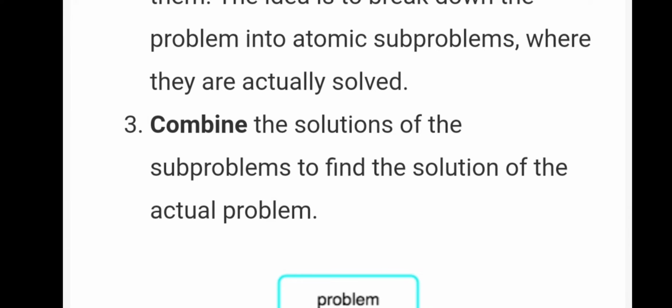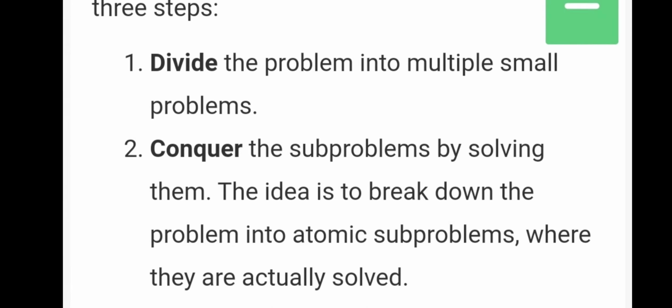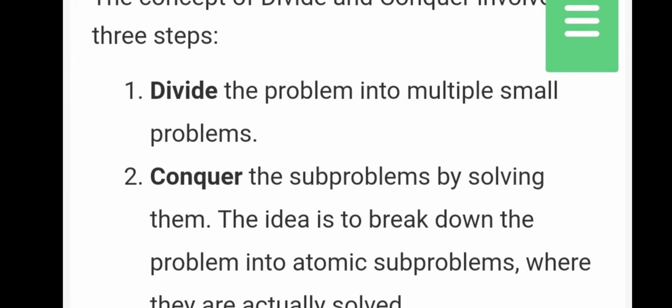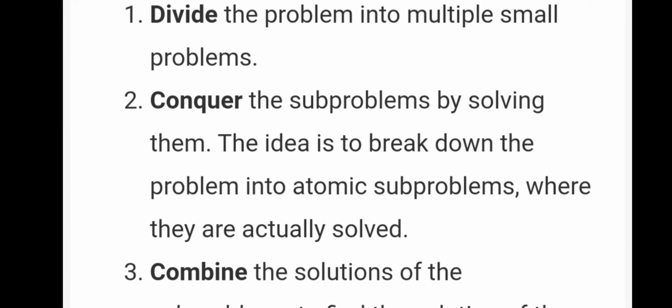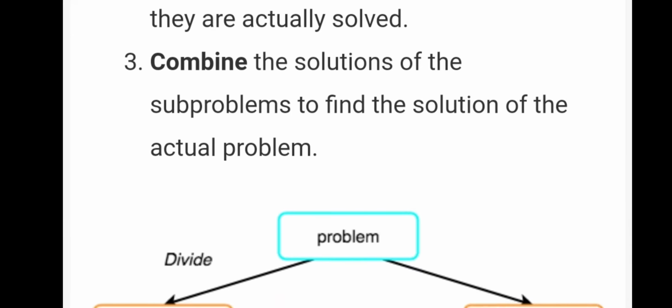So if you combine the solutions of atomic problems or small problems, we can get the solution of the original big problem. See, this is divide and conquer, which consists of, one more time, 3 steps: divide, conquer, and combine. Divide means the whole problem or big problem can be divided into smaller sub problems. The division is carried out until the problem can be solved by the user. Conquer means solve the sub problem or atomic problem. Combine means after completion of solving all atomic problems or small problems, the solutions are combined. Then we can get the solution of the original problem.